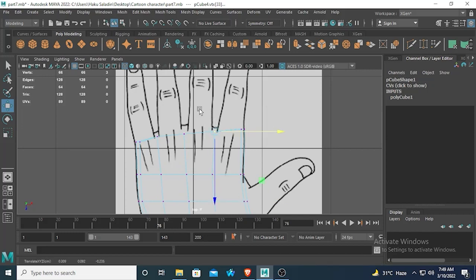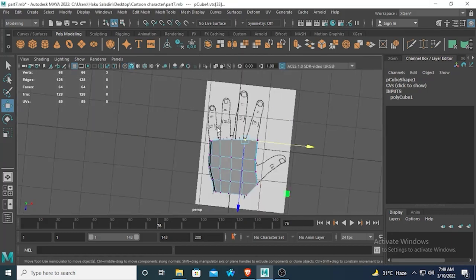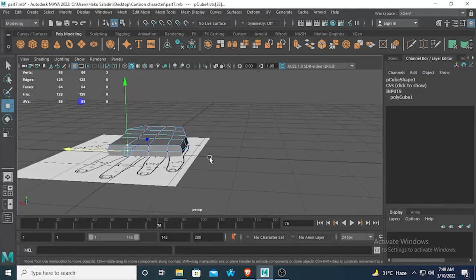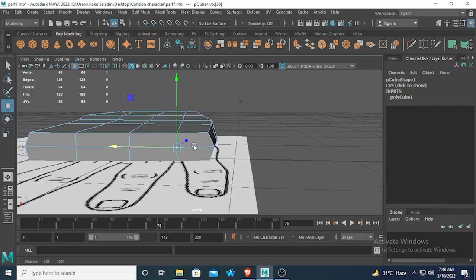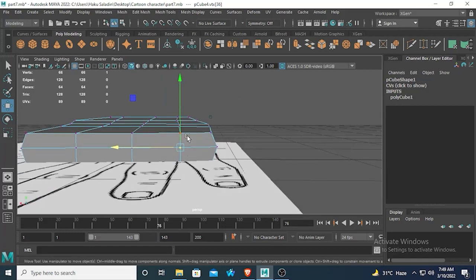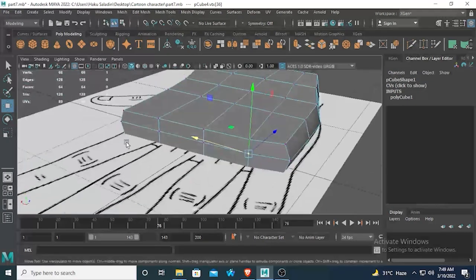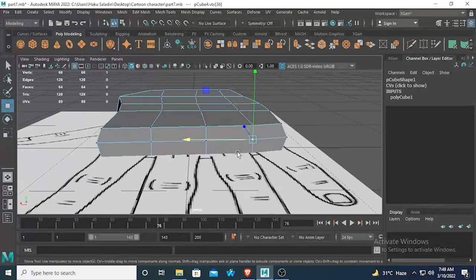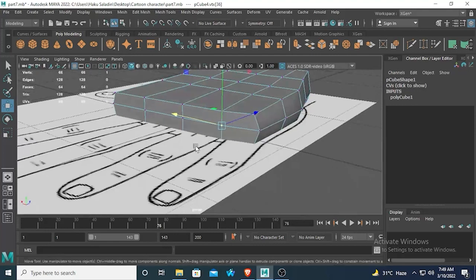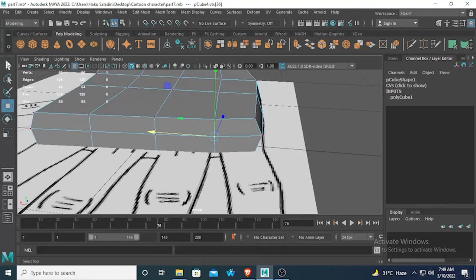Okay, now go to the perspective view and we can insert edge loop in between this face to round the finger more, and we can modify the finger much better in that way. So I'm going to select this edge individually and insert split edge in between this,